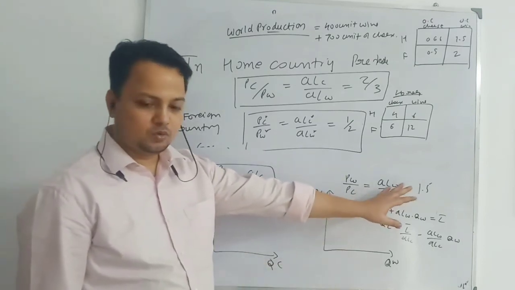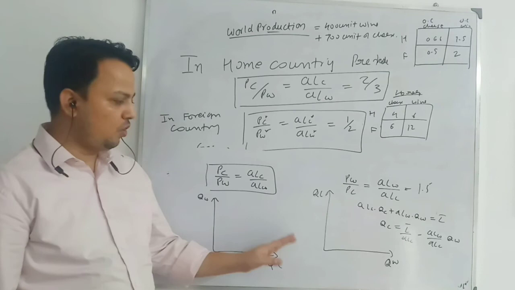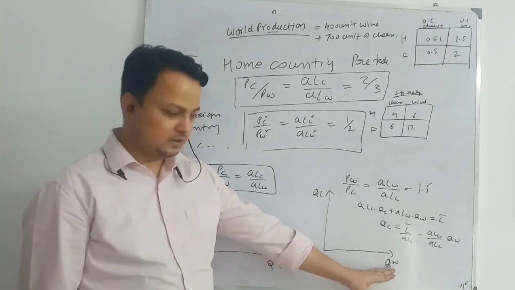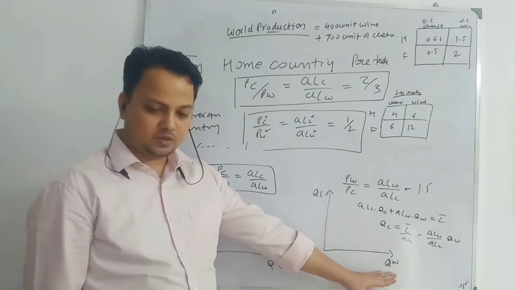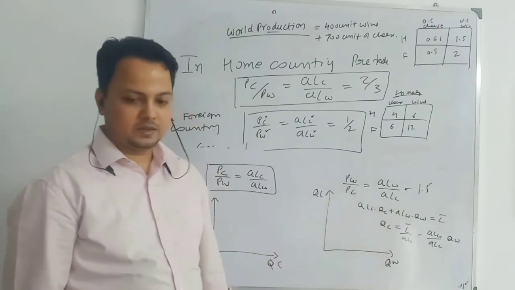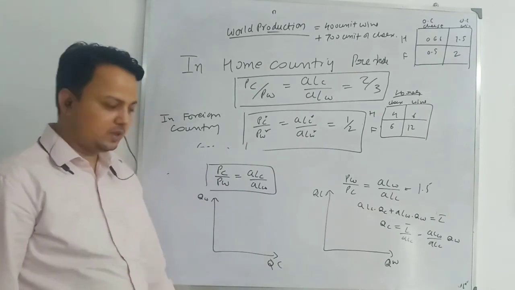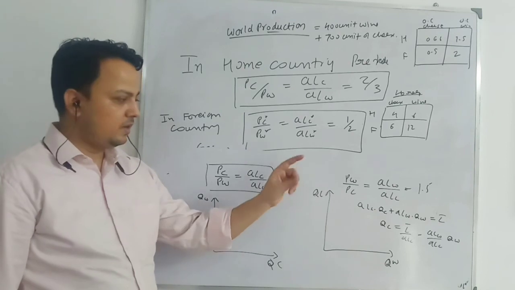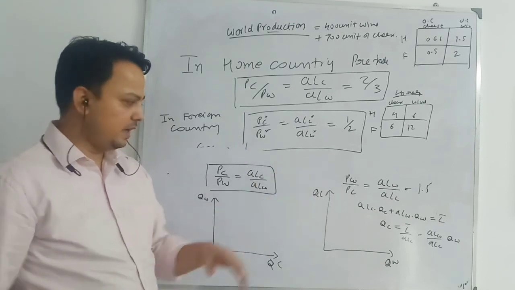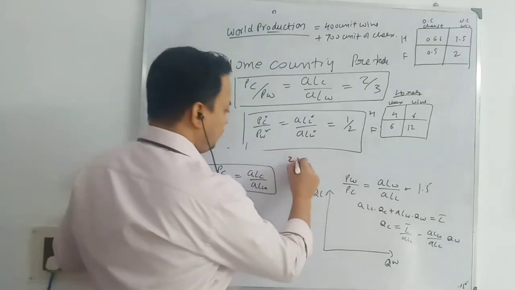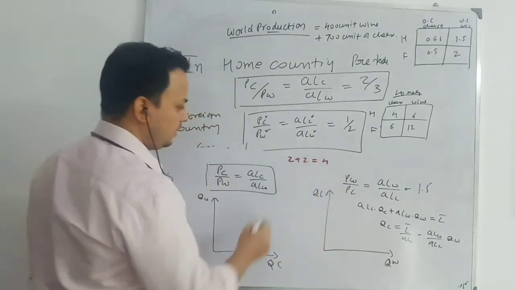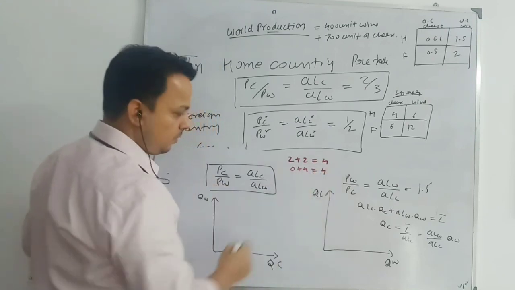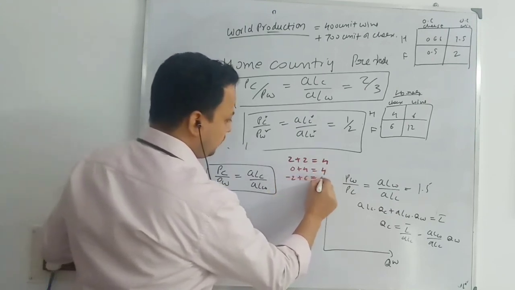So from tomorrow I am going to look in this way, because the home country has the lower opportunity cost in the production of wine. So it has comparative advantage in the production of wine. The reason I am doing this is that when I am doing it the straight way, you shouldn't just remember the straight way. Like if people know 2 plus 2 equal to 4, we can also do it this way: 0 plus 4 is also 4, minus 2 plus 6 is also 4.